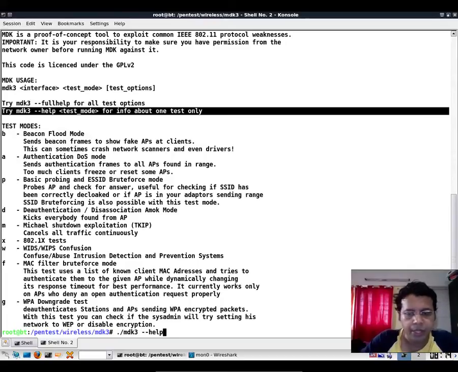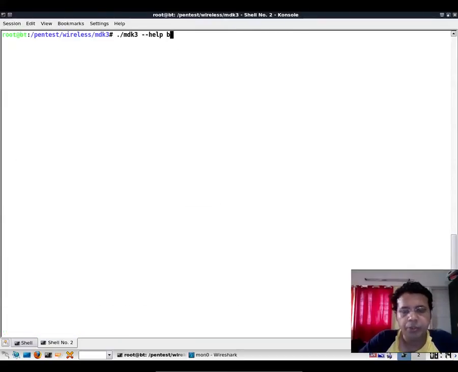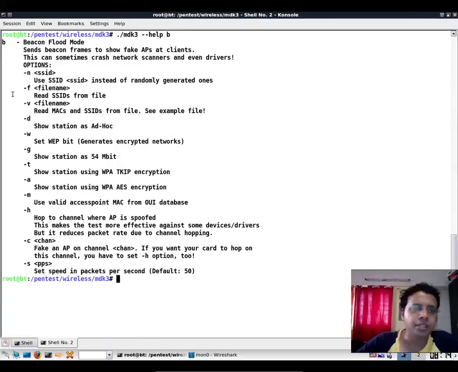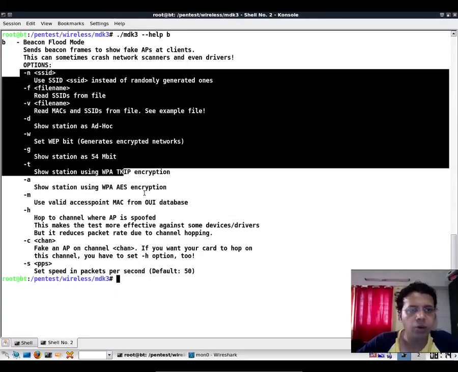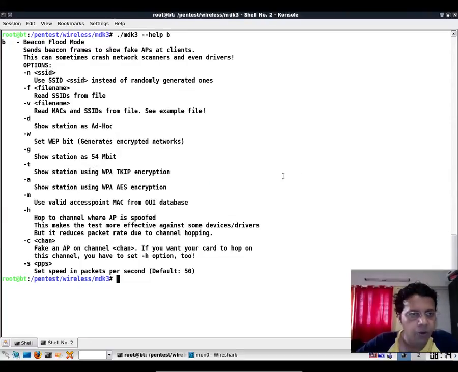Can quickly do a help with the B option, right? So this tells us the various options we have along with the beacon flood. Now, various things I would encourage you to explore this documentation and try out various ones. I'll take one case in which what we can actually do is we can specifically go ahead